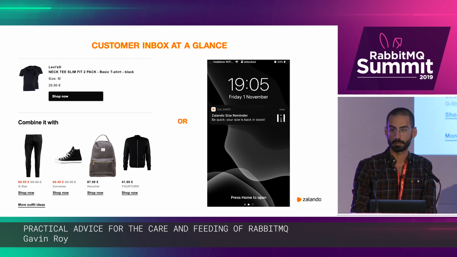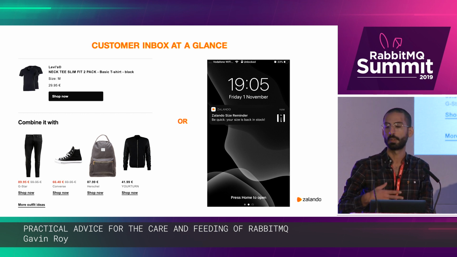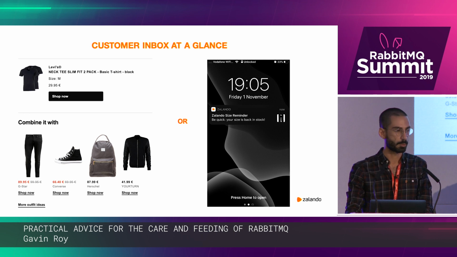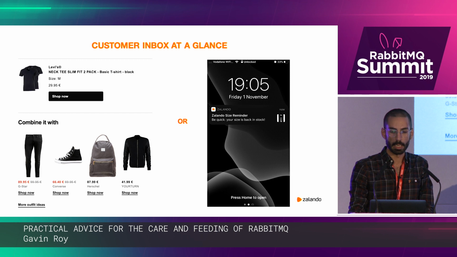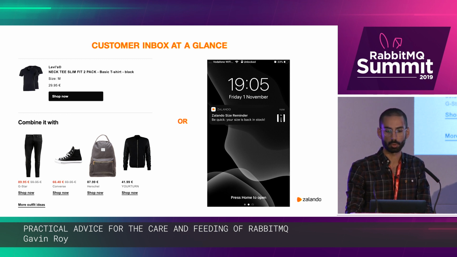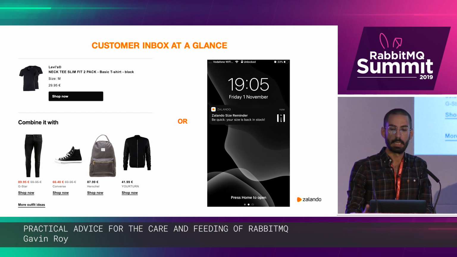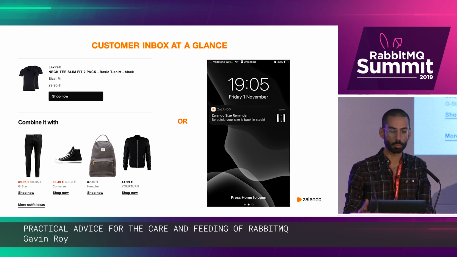In the same space, your notification center is an inbox from our point of view as well. This is a spot where we're able to reach our customers and notify them about the information that they care about. Customer inbox is mainly the team that builds the overall tooling around communication with our consumers. We have in-house built tooling around template designing, audience building, campaign setup, and sending transactional and commercial communication